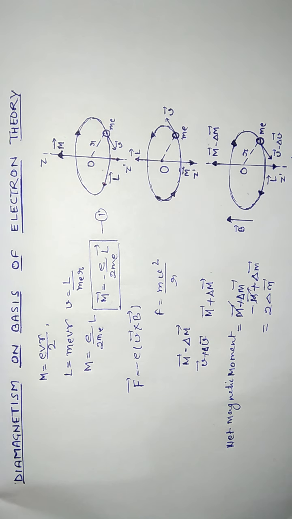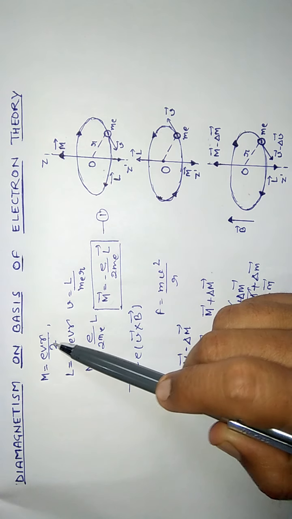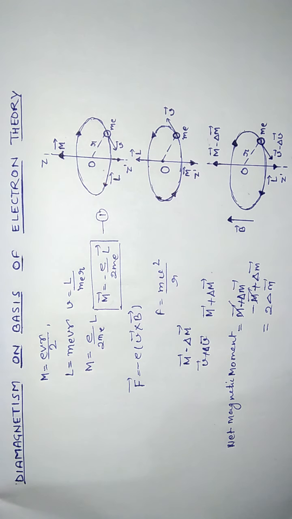We know that in an atom, the electron revolves around the nucleus, and a revolving electron behaves as a tiny current loop, so it possesses a magnetic dipole moment. The magnetic dipole moment of the revolving electron with velocity v having a radius r is given by m equals e v r upon 2. This is the magnetic dipole moment, and the angular momentum of a revolving electron is given by L equals